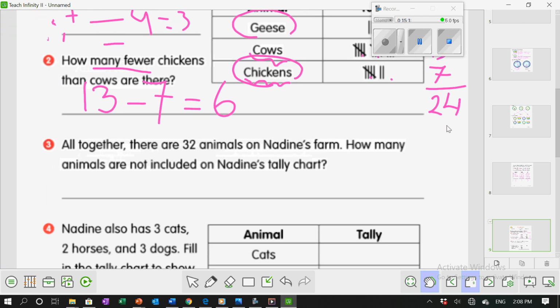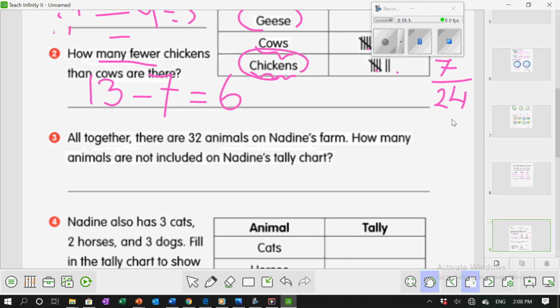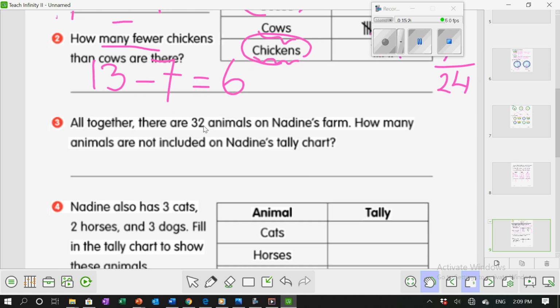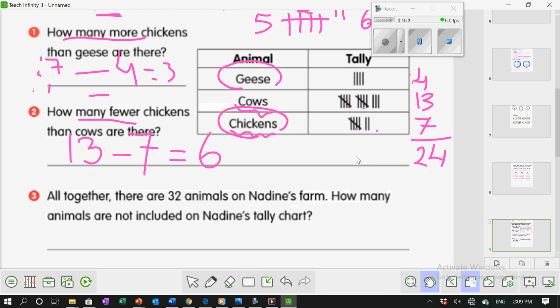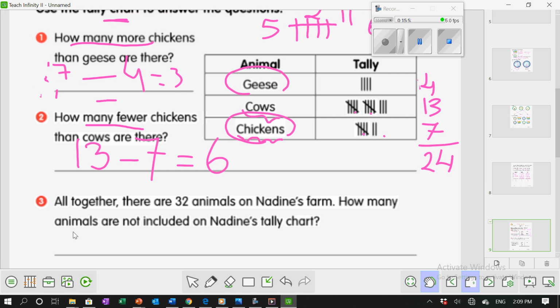It is altogether there are 32 animals on Nadine's farm. How many animals are not included on Nadine's tally chart? So we have already 32, okay? But Nadine's just took a tally chart for only 24. So I have to find the difference between the animals in the tally chart and the total animals really inside the farm. So for sure, when I have to find the difference, I have to make subtraction sentence. So it's